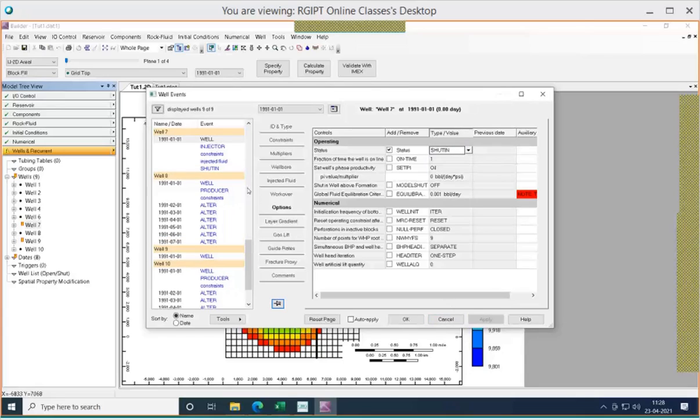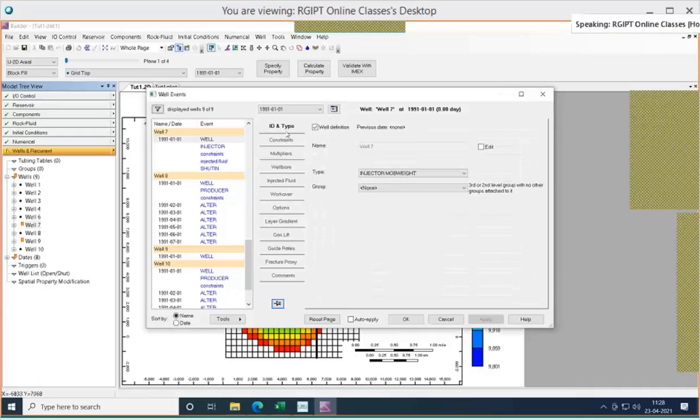In options, we can define shut-in, and we find the only three things we made. In ID and type, well number 7 is already there. If you want to change the well name, you can click edit and type whatever name you need, injector 7 or whatever. That is fine. Otherwise, keep it as well 9.